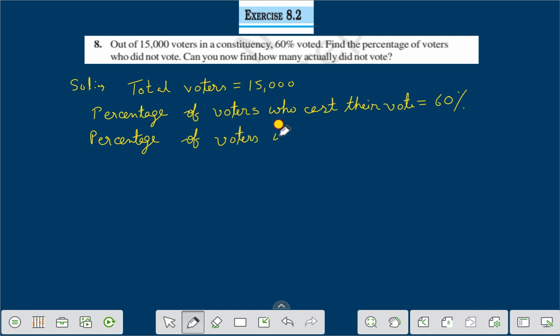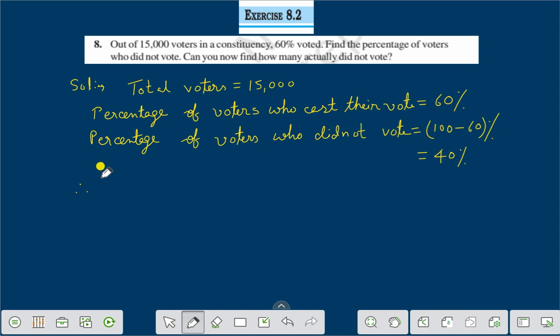who did not vote is equal to 100 minus 60%. 100 minus 60, that means 40%. Right? Therefore, you can say actual candidates who did not vote